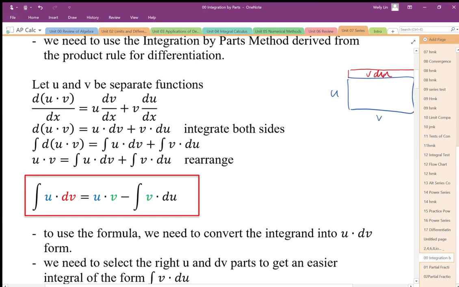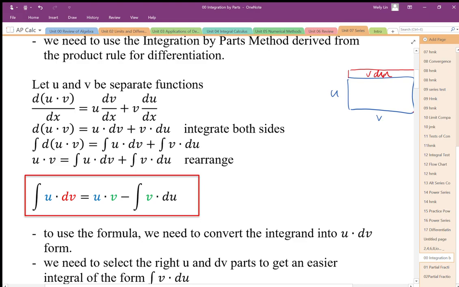This is the result. Well, if these small changes here equal these small changes here, what we can do is sum up these changes and sum up these changes, and we have an equivalent. So we can just say that if we sum up all the u times v changes, or the changes in area, we get the area. And if we sum this up, we get the sum of all the u times dv parts and the v